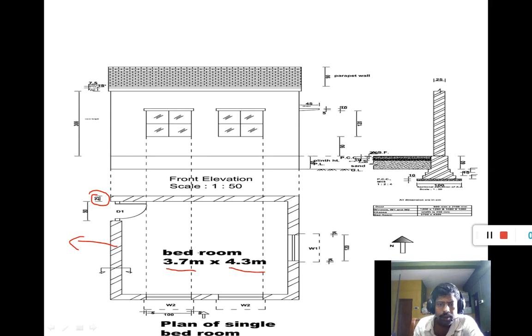Now, how is the plan developed? Just below the chajja level, we imagine an imaginary plane, and from this imaginary plane we look down and the top view is drawn.